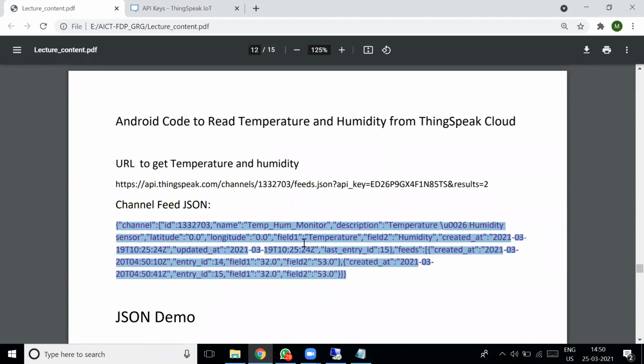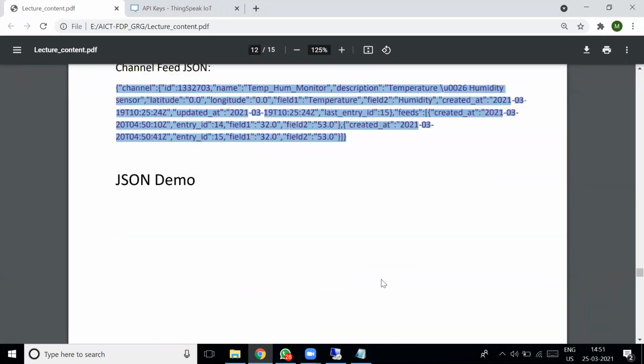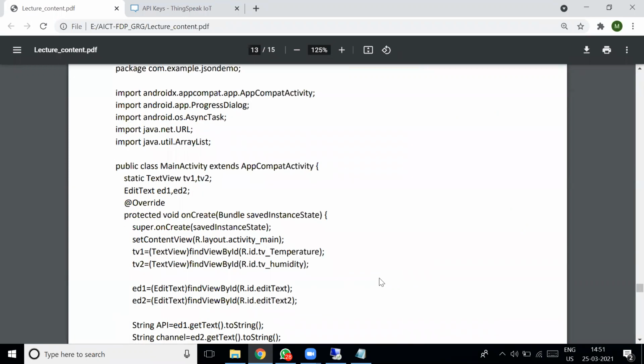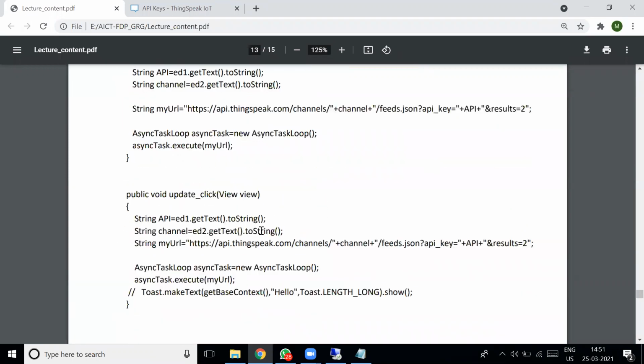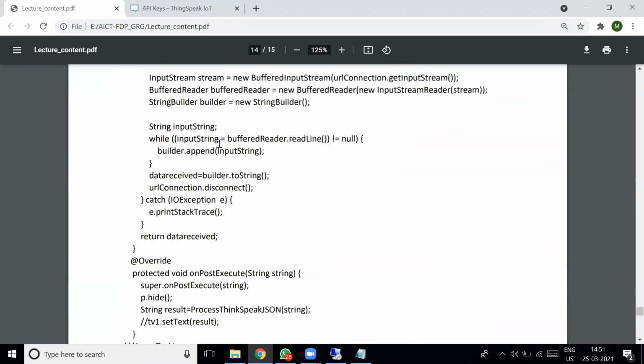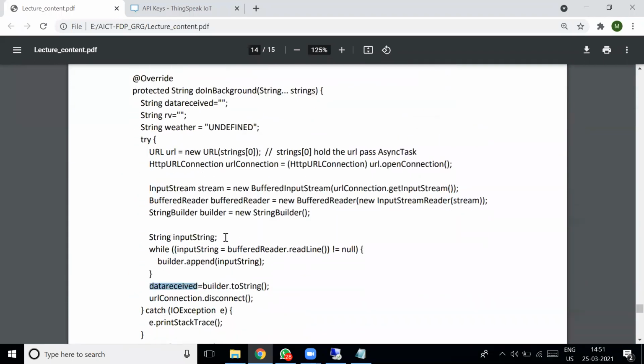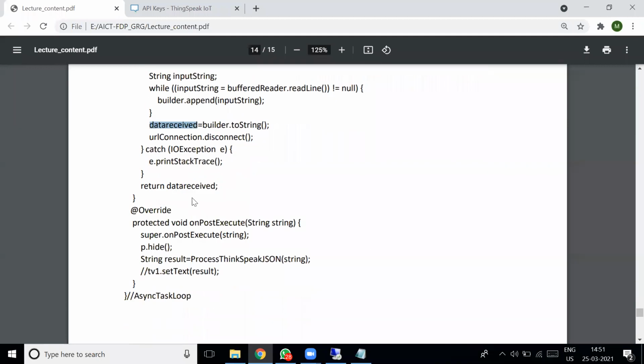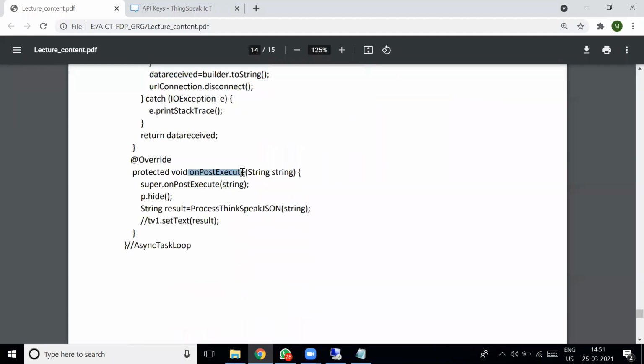Once you read the data line by line, finally you get the entire data in the variable data received. After reading the data, it internally calls the onPostExecute method.